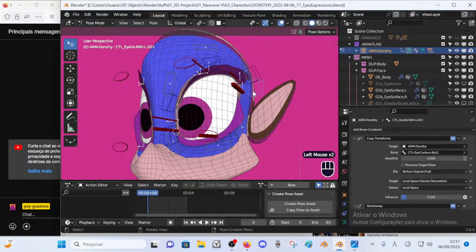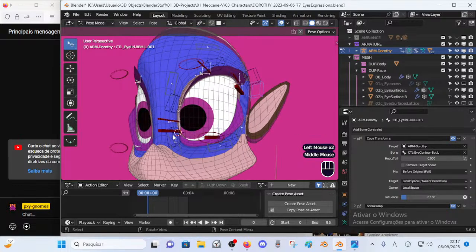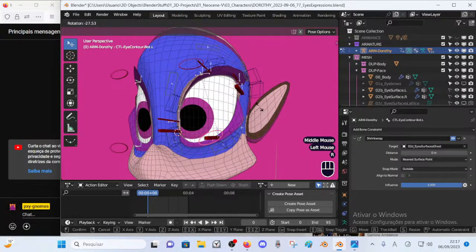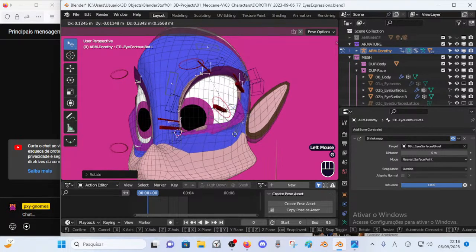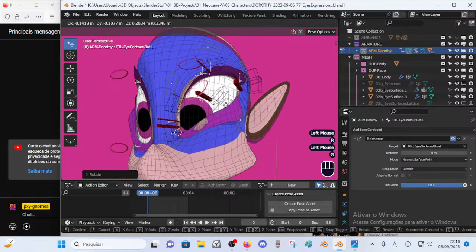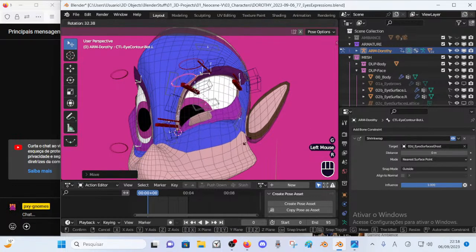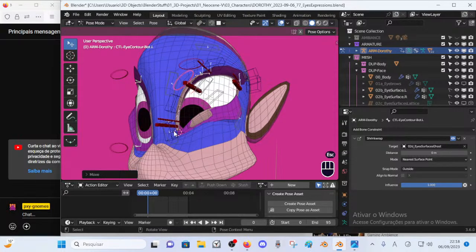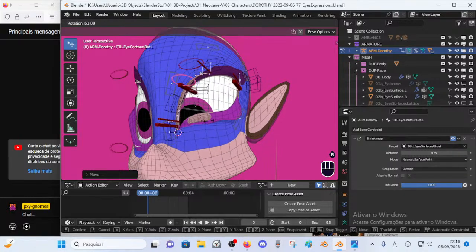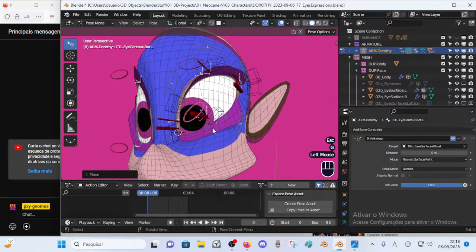All right, so going back, we had the copy transform for that, and that means that if I rotate these bones like that, not that this will be required, but sometimes rotating the main bone can be useful. You see that it slightly rotates the others, precisely because of the copy transforms.